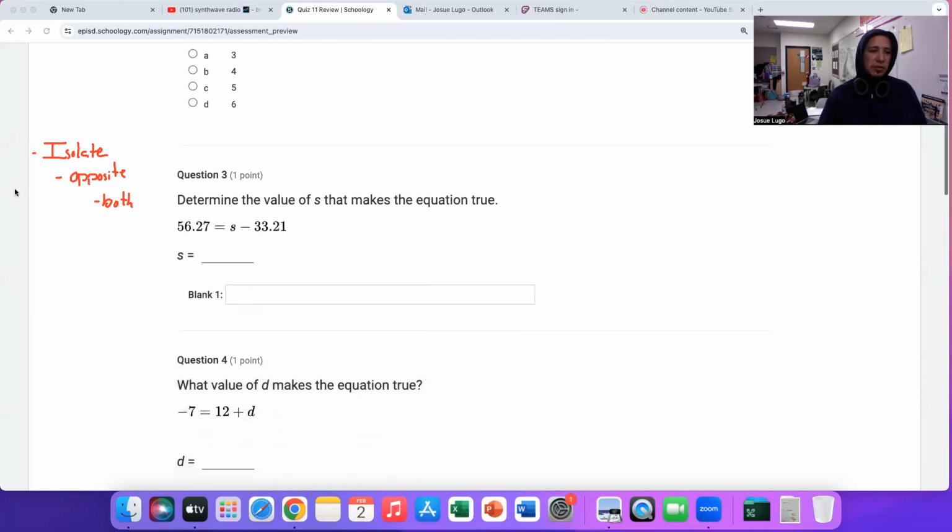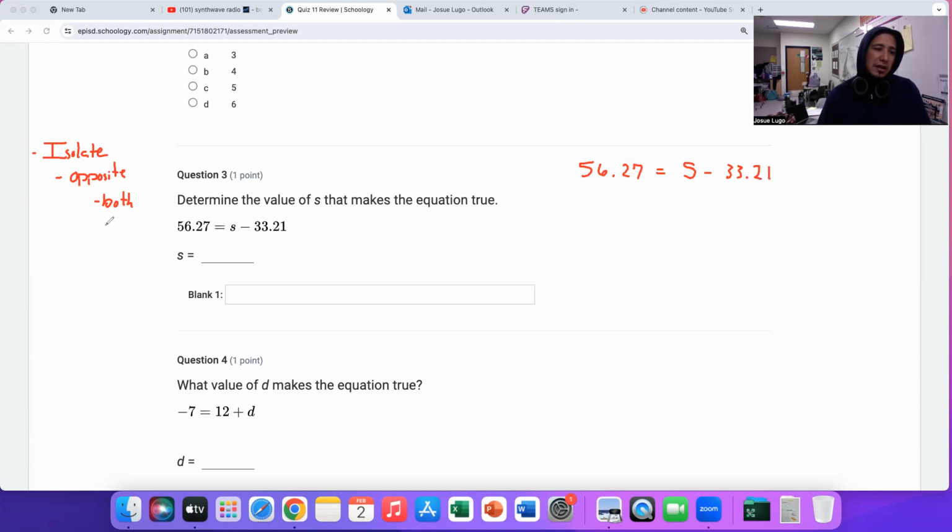So let us look at number 3. Notice that the instructions are quite similar. It says determine the value of S that makes the equation true. In other words, solve the equation. How do I solve equations? We isolate the variables. All right, so let's go ahead and begin by rewriting the equation. We have 56.27 is equal to the variable S minus